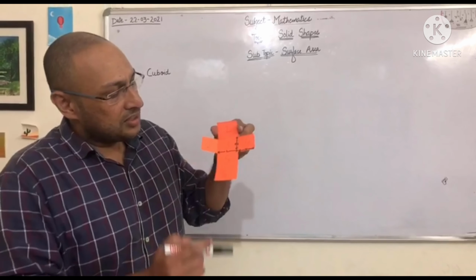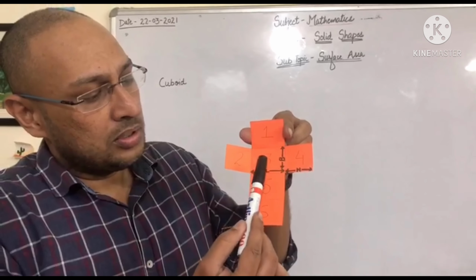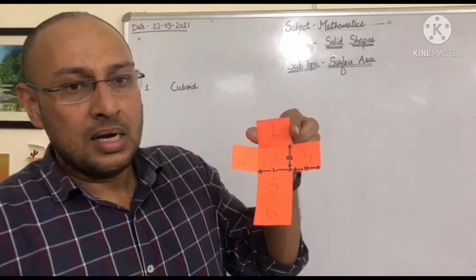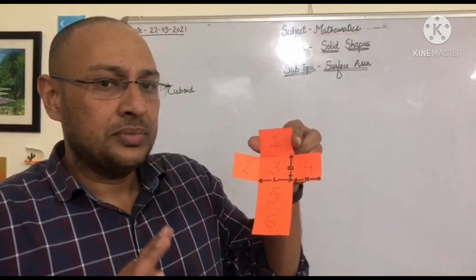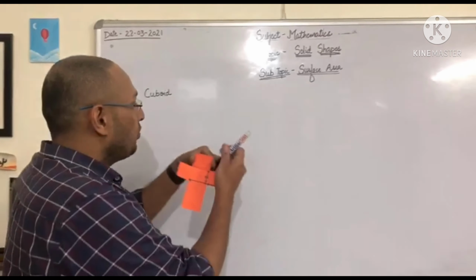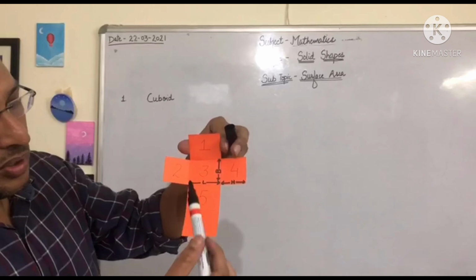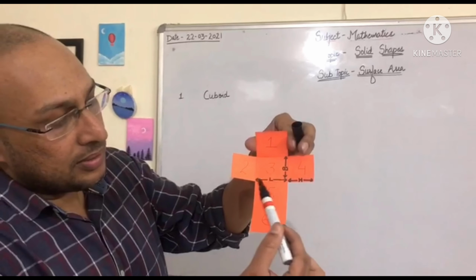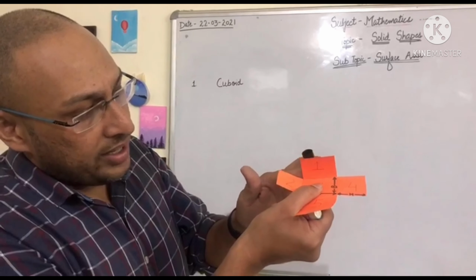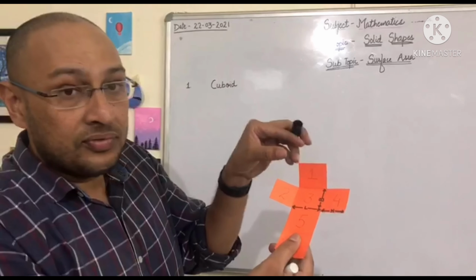It has six faces. Face number 1, face number 2, face number 3, face number 4, face number 5, and face number 6. So there are six faces in a cuboid. Now let's start with face number 1. What would be the area of this face number 1? This is the length, because here we have assumed this as the length of the cuboid. This would be the length, and this is how it is folded up. So this would be categorized as the height of face number 1.